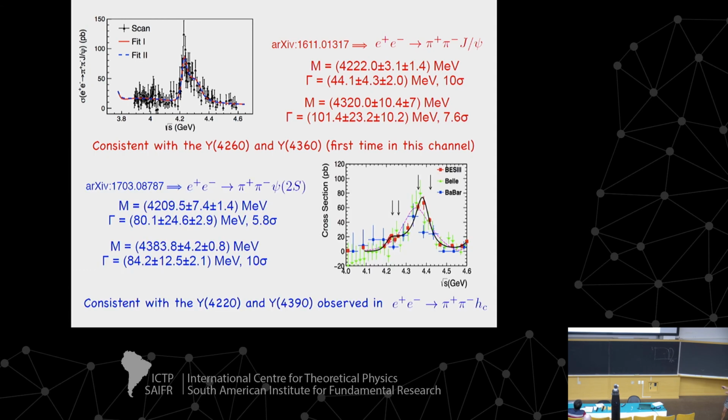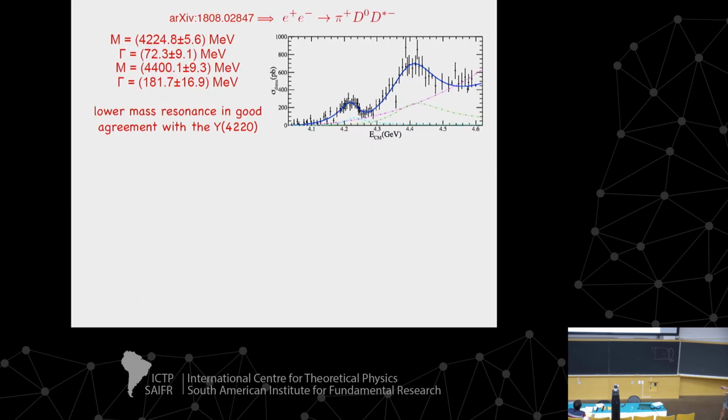In 2017, they did the same, another analysis in this other channel here, and this was the channel in which the 4360 was first observed. And here they also see two resonances, but now they say that they are not consistent with 4260 and 4360, but they are consistent with the other two that were observed in this other decay channel. And finally, in 2018, they looked at this channel here, and they also saw two resonances, and they say that the lower mass is in good agreement with the